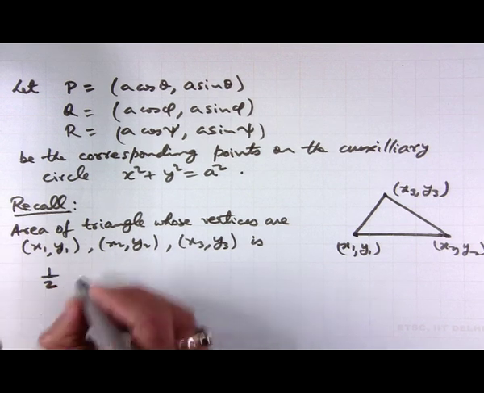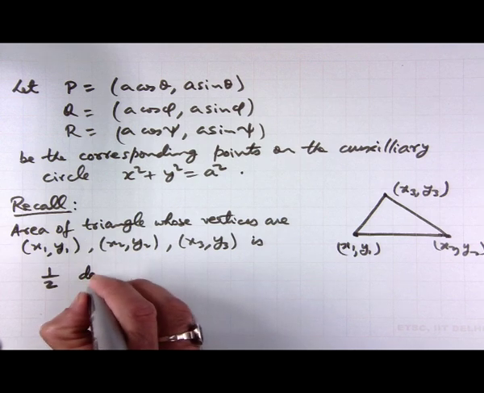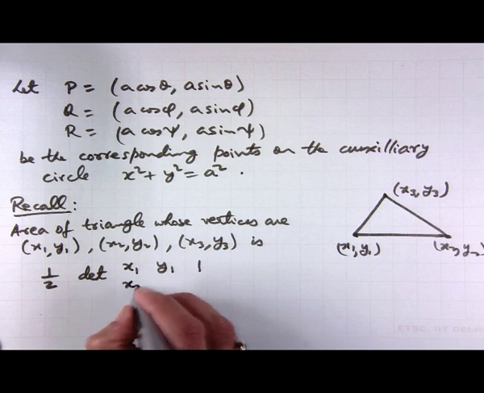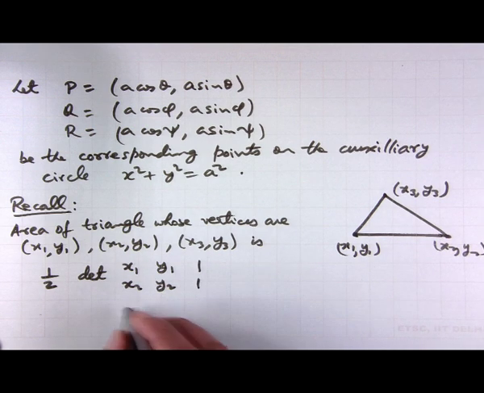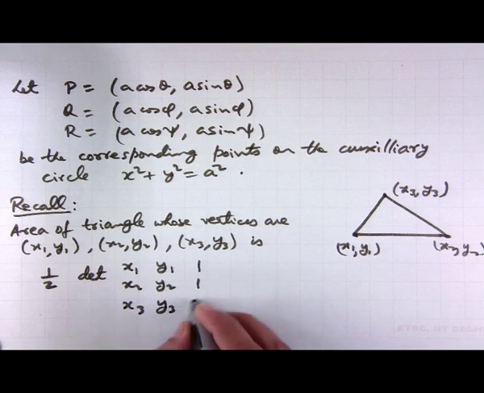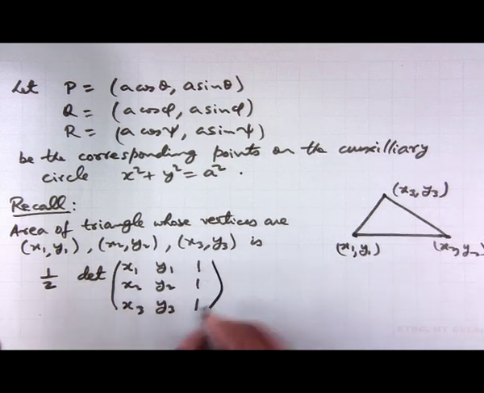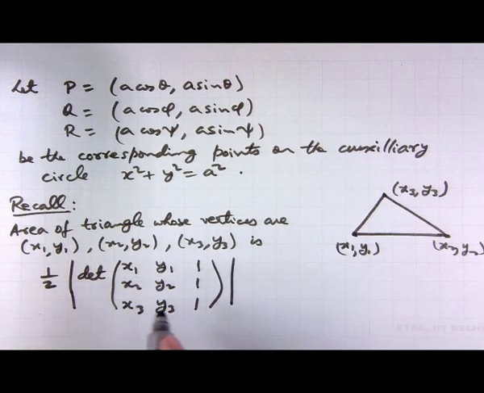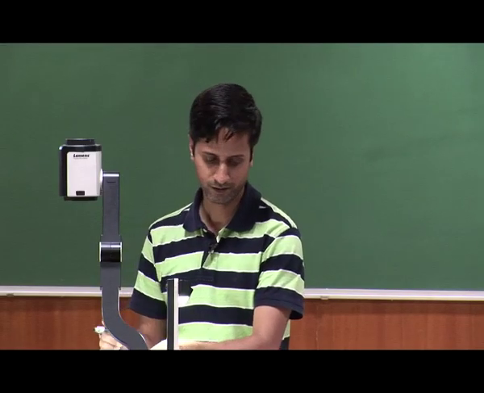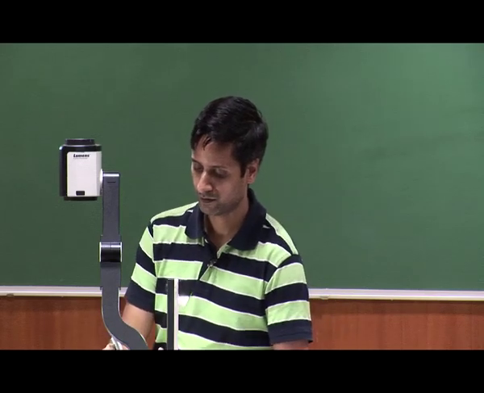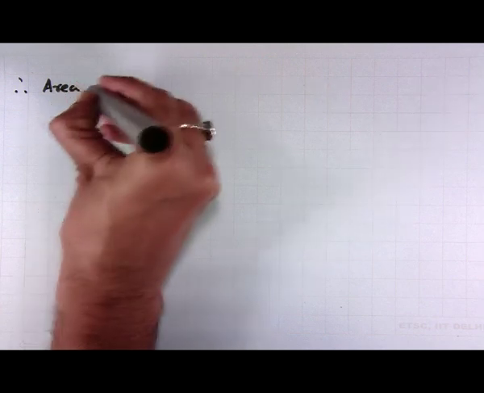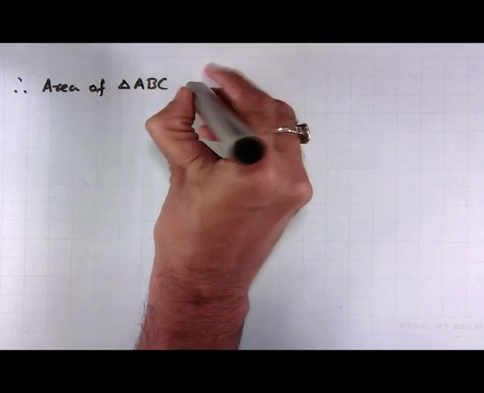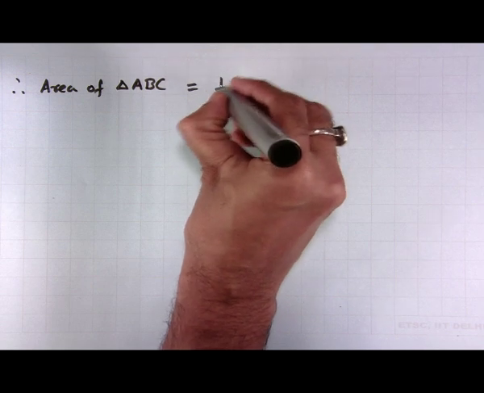half of, we look at the determinant of x 1 y 1 1, x 2 y 2 1 and x 3 y 3 1, and the absolute value of this gives the area of the triangle. So, we will use this formula. Therefore, area of triangle ABC is equal to half times,